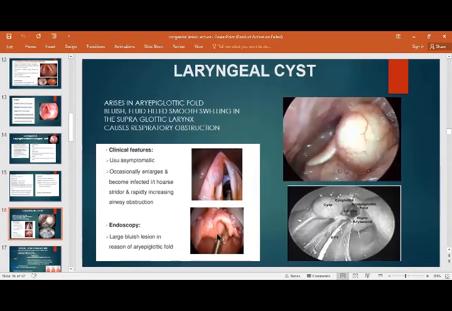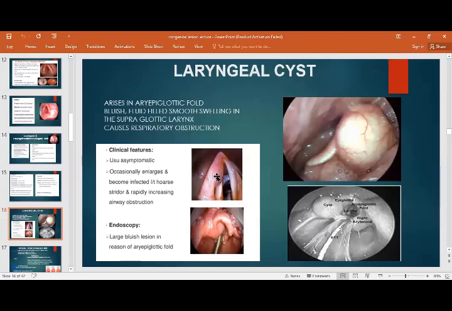Now, another condition is called laryngeal cysts, and this basically arises at the aryepiglottic folds. As you can see, this is the cyst. These are small, fluid-filled smooth swellings in the supraglottic larynx. And of course, if it is present over here, then it is not present in the glottic area, but still they can